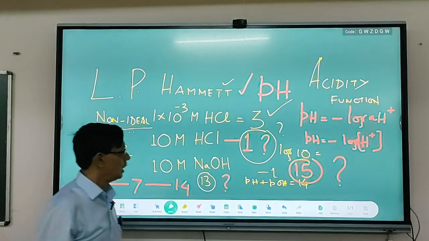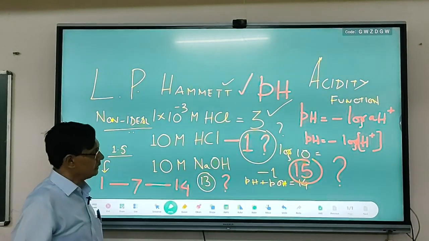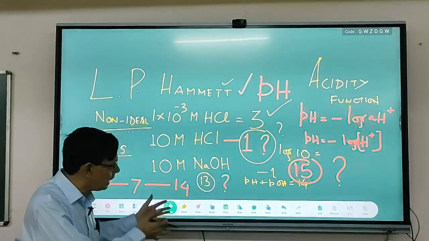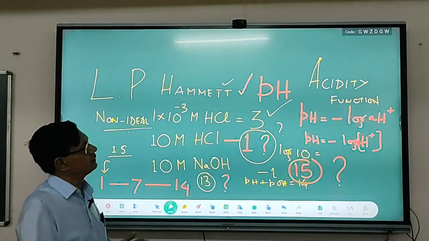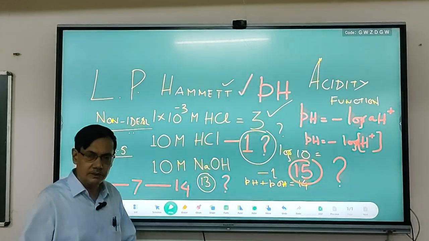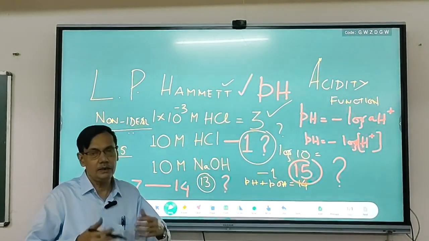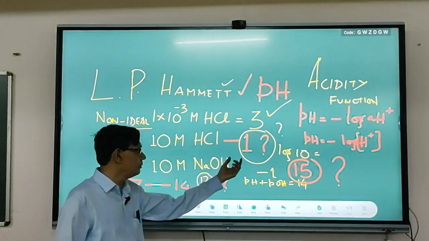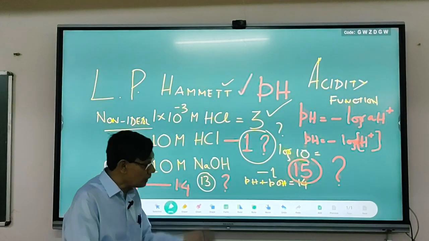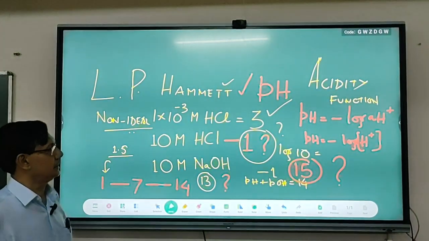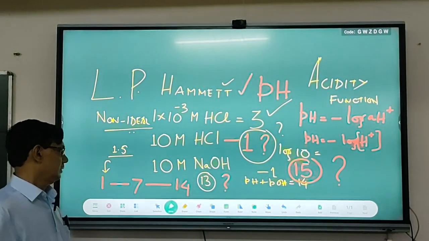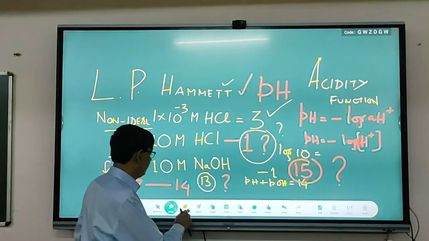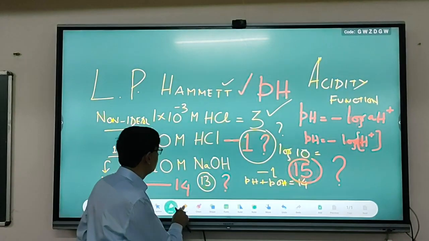Today, I will discuss acidity function. It is a very big concept. There are certain applications, but in the first part, I will only discuss some of the fundamentals of acidity function and how we can define the acidity function, and this unsolved question can be answered with the help of this acidity function. Because generally in undergraduate classes, students can also solve